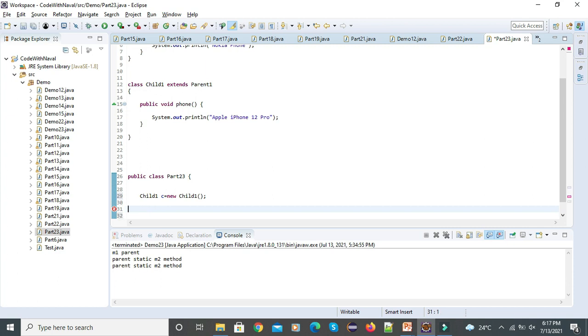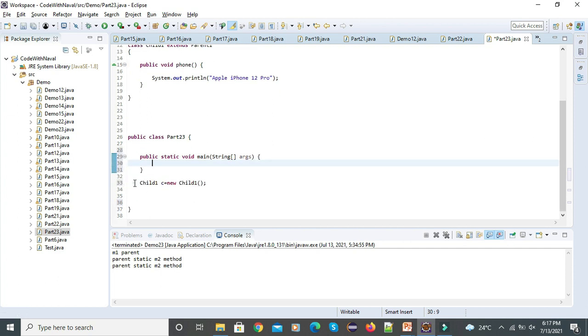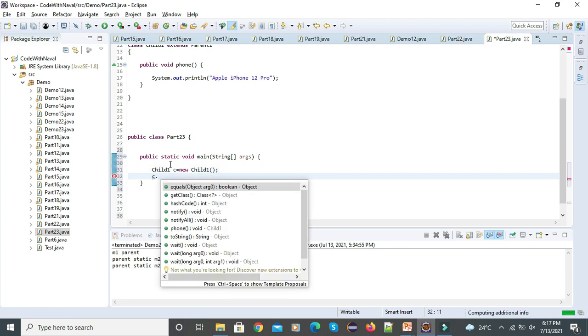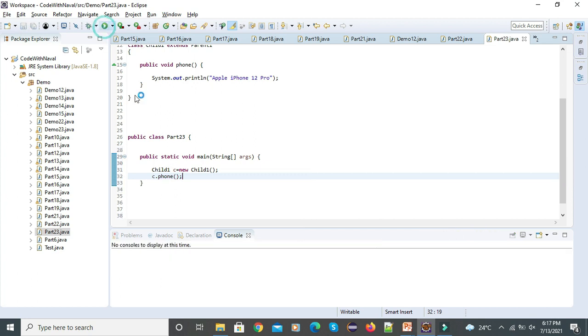First we have to define the main method. Inside the main method only can we call this. Let's cut this, paste it inside here, and then call the c.phone method.